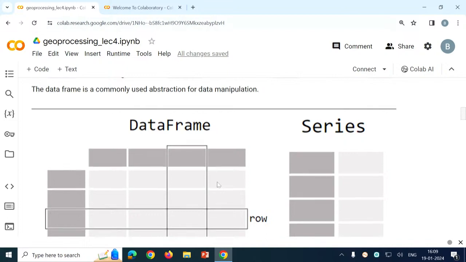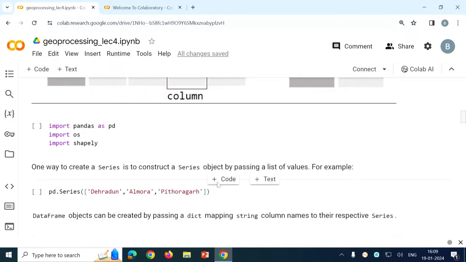each column of that data frame is called a series. Now, before using Pandas, we must first install it. If you have a local system, then you need to install Pandas, but in case of Google Colab, it is now coming pre-installed. This is the simple convention for using Pandas. We must import pandas as pd. Actually, you can call it any name, but it is a general convention. Anywhere you see Pandas being used, it is being